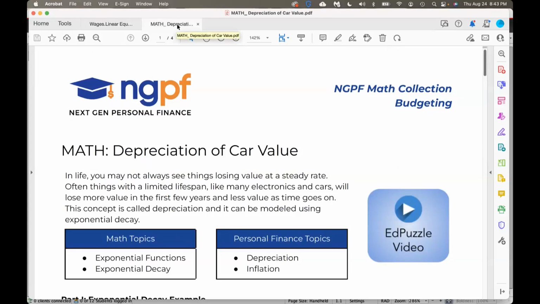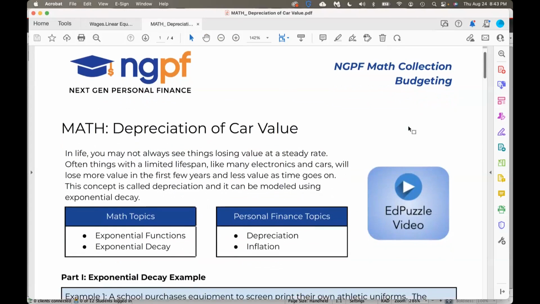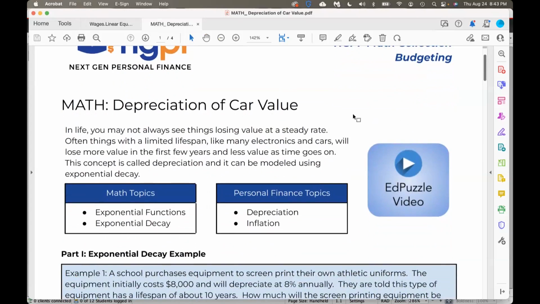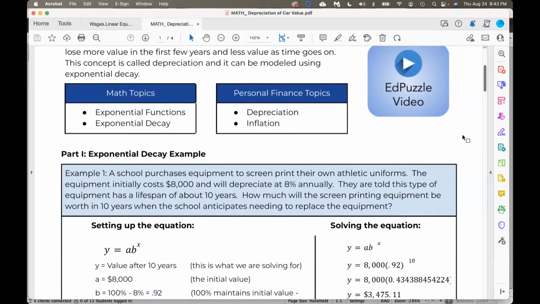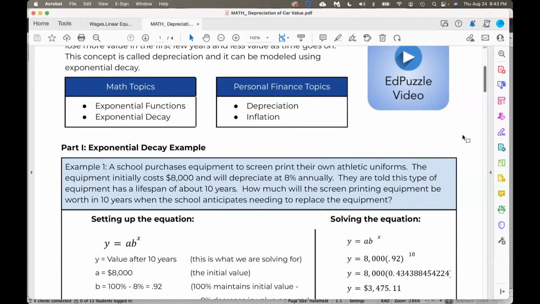So let's switch gears just a little bit and talk about depreciation and where it relates to exponential functions. So I picked this because I'm going to be honest with you, I think we're all friends tonight, and I really think I stink at teaching exponential functions. I think I'm pretty good with linear, pretty good with quadratic, and I'm just not the best with exponential. And I think it's because I always have trouble finding things that relate to students' real life. And I know, Catherine, I think you and I talked early on about the fact that I don't know how many half-life